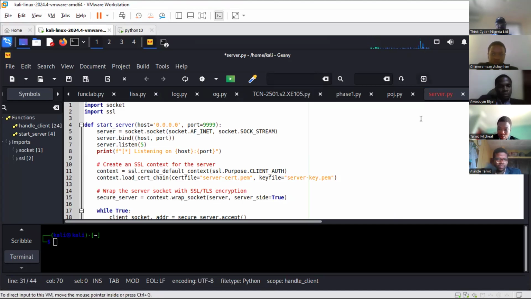So there are 2 codes here, the client and the server. This script sets up a command and control (C2) communication between a server and a client over an SSL/TLS encrypted connection. The server sends shell commands to the client, which executes them and returns the output. So starting with the imports that we have here, for the server code,